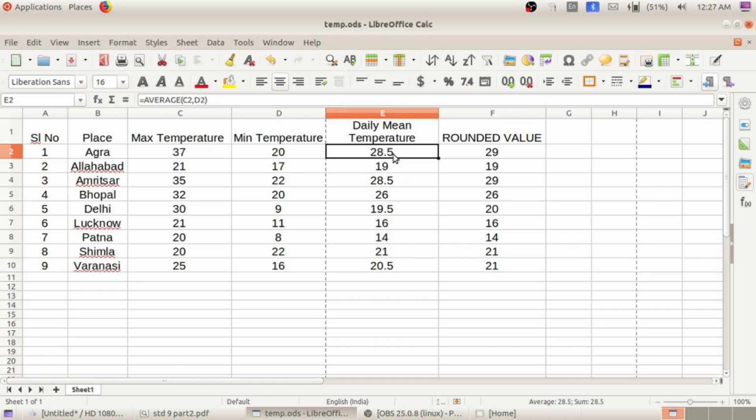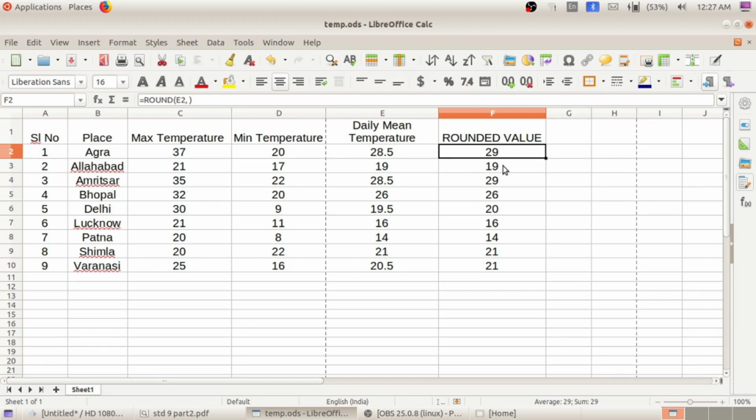So the first function is the average function, and specify the cell address of the first number and second number, then we will get the average value. The second activity is making that decimal place rounded value, and we can make use of which function? Round function. In the number box, type the first cell address. In Calc software, while we are using this function menu, always specify the first value's cell address. Then other values we will get from this fill handle option. Simply click and drag. So these are the two functions and first two activities in the 6th lesson.